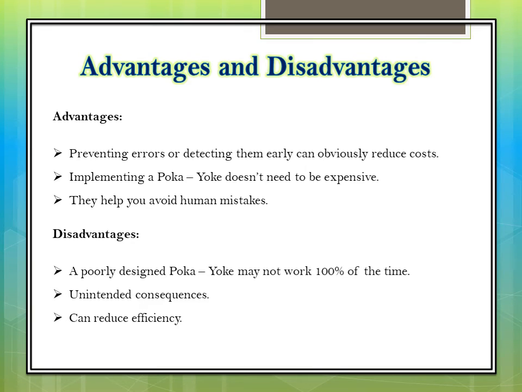Finally, the aim in lean manufacturing is to minimize wastage while retaining or improving productivity. So, you need to be a little bit careful that the introduction of the Poka-yoke in the process doesn't reduce efficiency or slow things down.